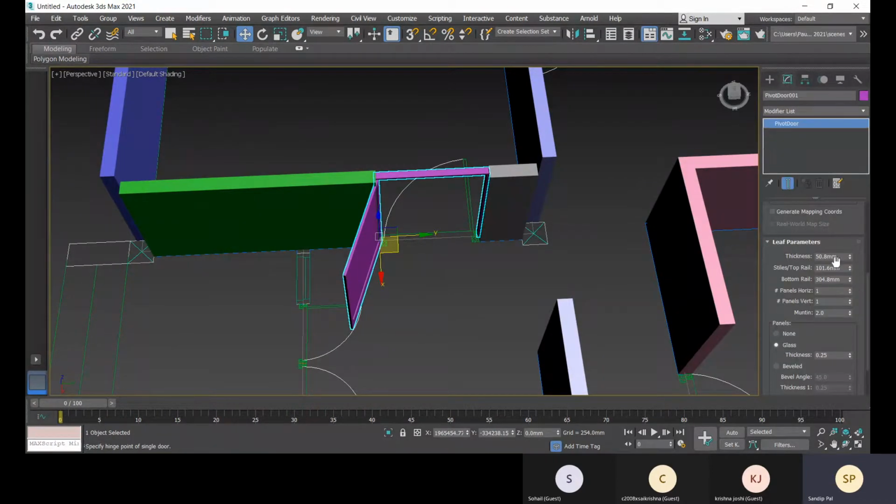You can change the thickness. See, the thickness is almost the same. So the thickness you can change to 50 mm.